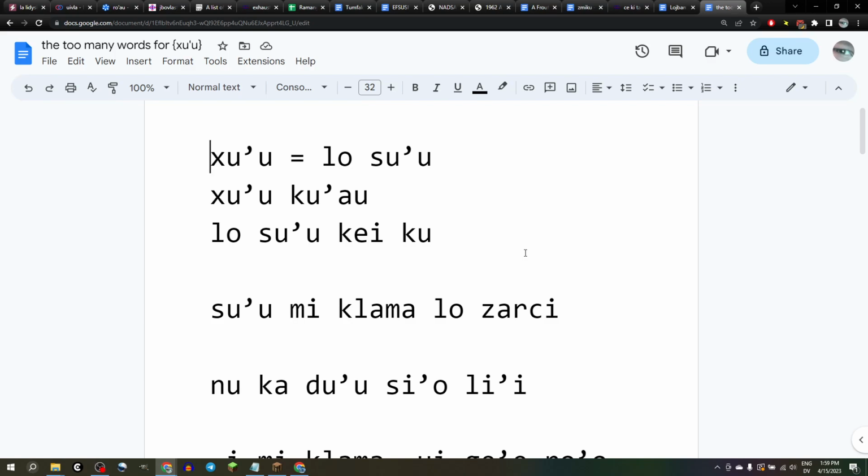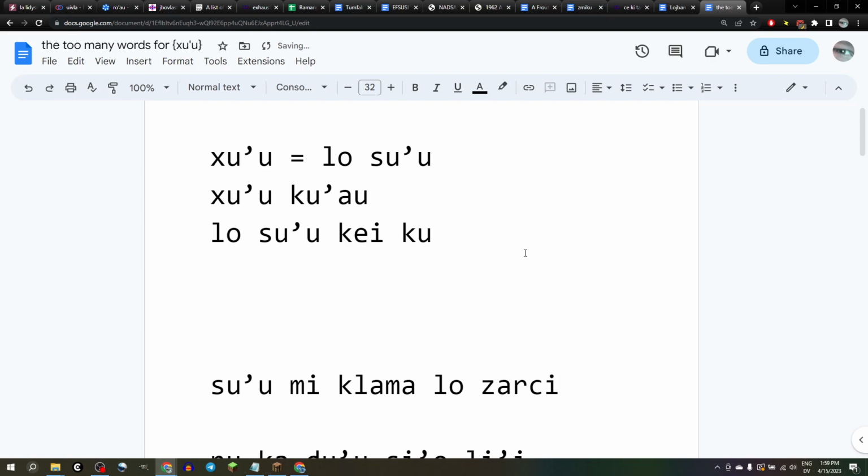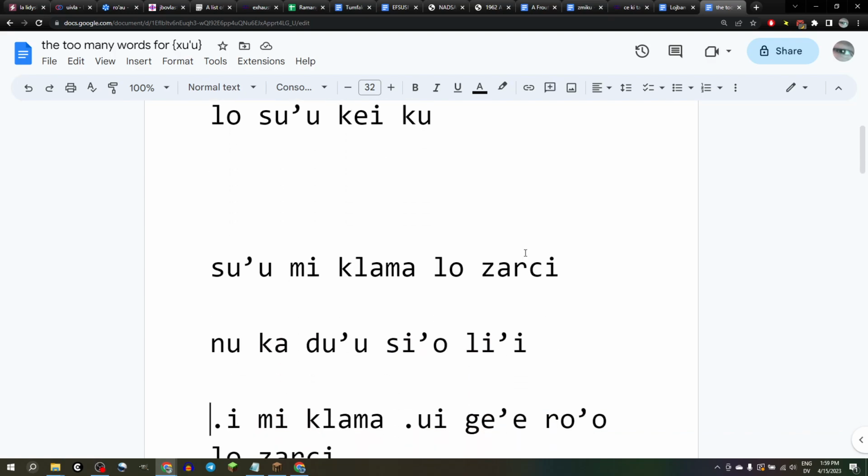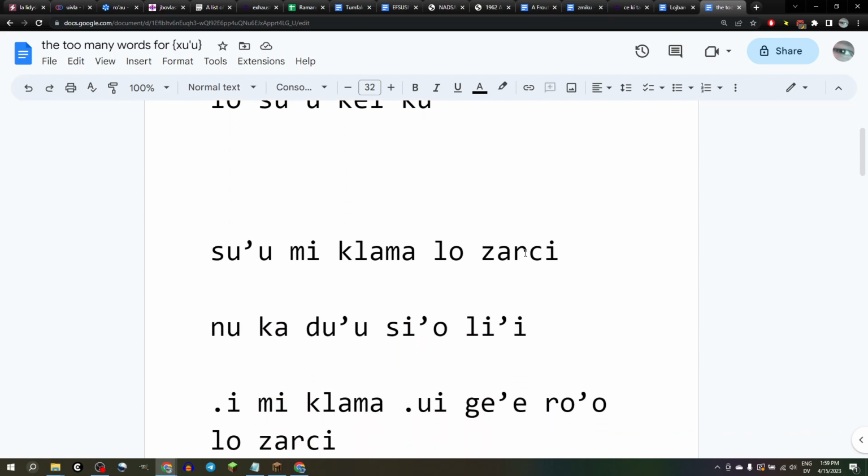But then I started to actually use it, like say lo xu'u. The reason why I felt frustrated enough to start saying lo xu'u is because we had a situation where people were starting to think about it, they had split these out into like 5 different categories, and they were starting to think in those categories. Before, it had just been sort of vague, and English lets stuff slip around, and so we were letting it slip around in the same way. And then we started to think, wait, are these different specific categories, like event versus property versus whatever,